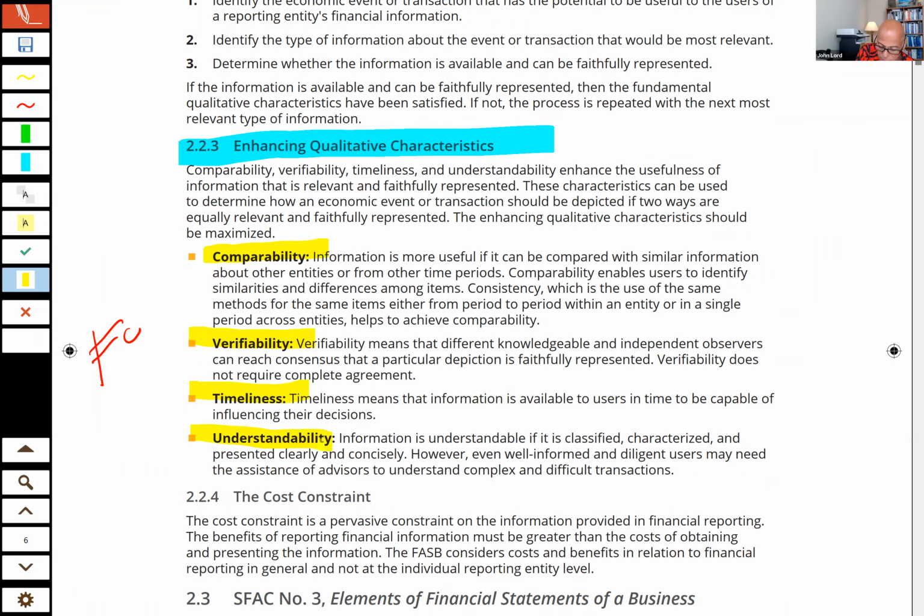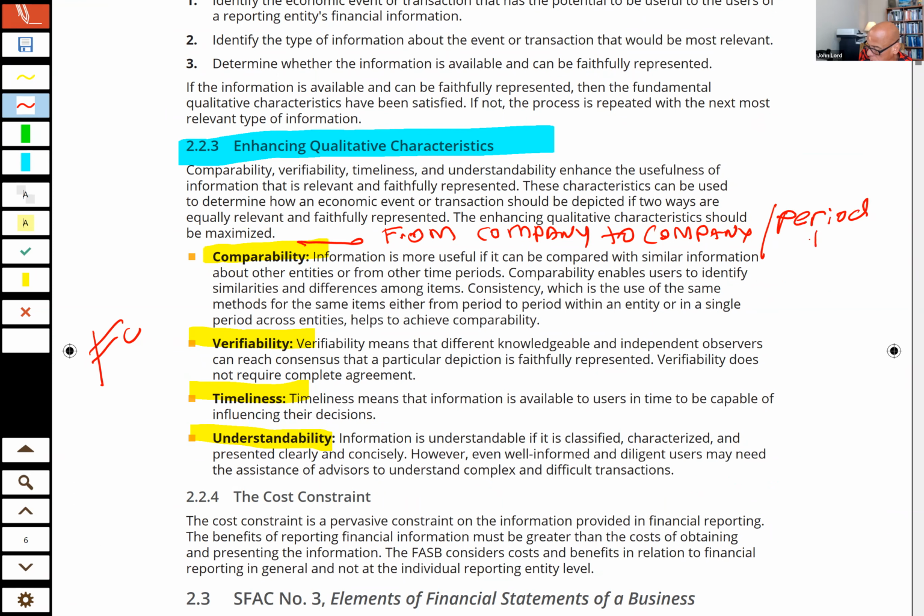Now, when we look at comparability, guys, comparability is from company to company. This is the whole reason we have accounting standards, so that I can compare Apple to Microsoft when I'm making my investment decision, right? So company to company comparability, but also